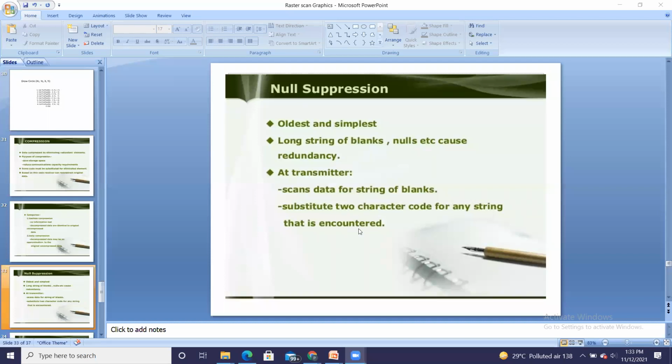So null separation means if data contains a long string of 0s or blank symbols, nulls, they can be removed easily by inserting a special symbol in place of such redundant elements. So it is a kind of compression.